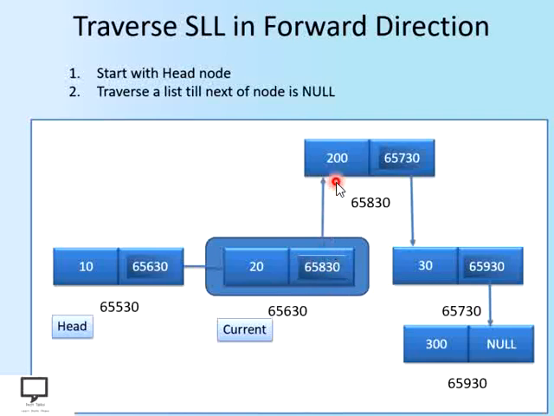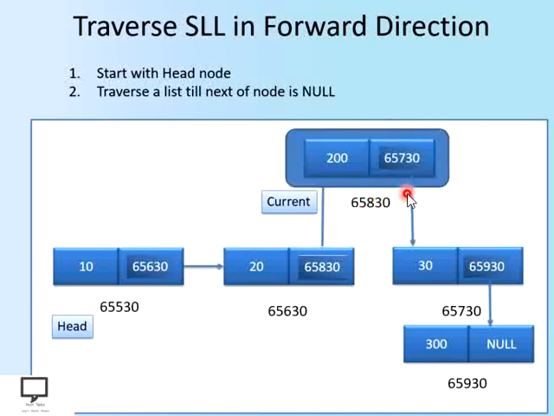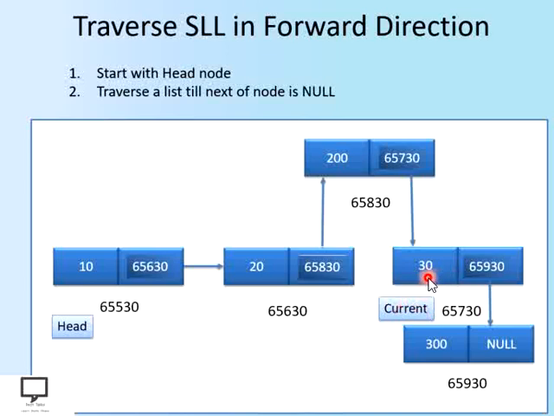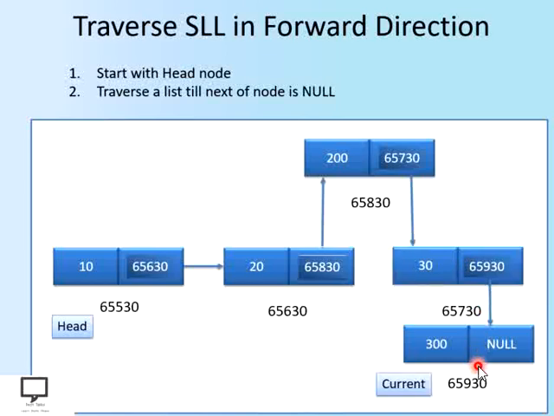So which node is going to be traversed now? This one. Make this node the current node. Now this node is focused, and we display its information part. Now with the help of the next field, next of the current node, we move forward to the next node. Let's make this the current node, highlight it and display its information part. Again, after traversing this node, move forward. Now make this the current node, highlight it, and display the information part of this node. Can we move forward to the next node?